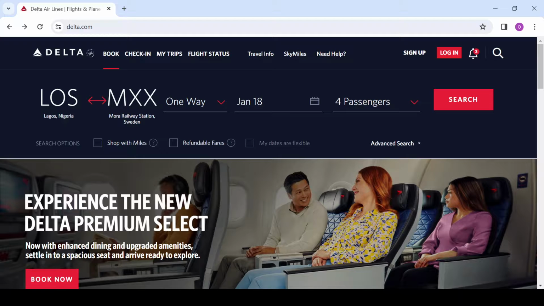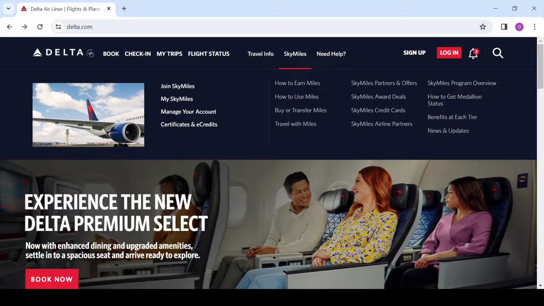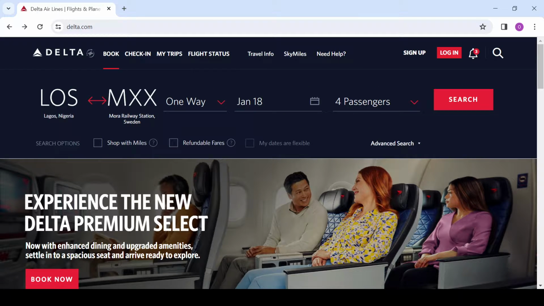So let's go. The first thing you need to do is log on to your Delta Airlines account using your PC. Once you've logged in, at the top left corner of your screen you see the Delta logo. Just after it is the book icon. You see the check-in icon, the my trip icon, the flight status icon, the travel info icon, the Sky Miles icon, and the need help icon. At the top right corner you see the sign up icon, the login icon, the notification icon, and the